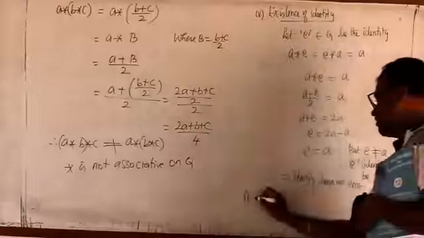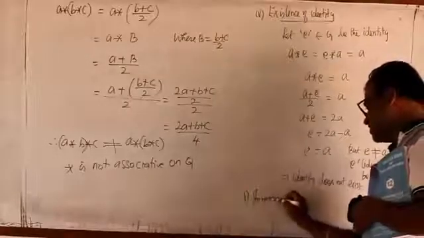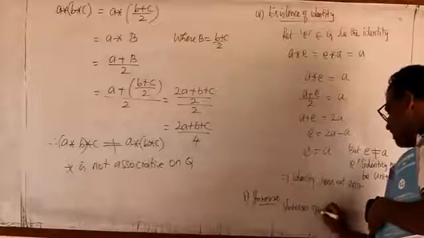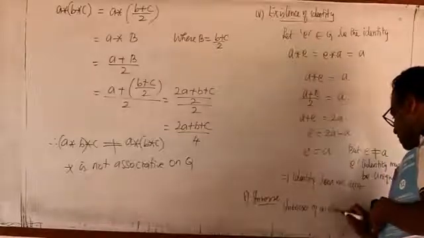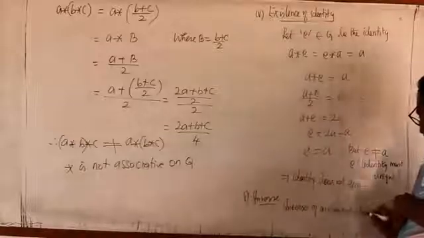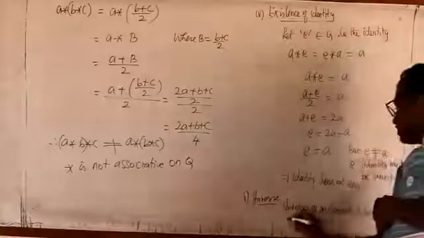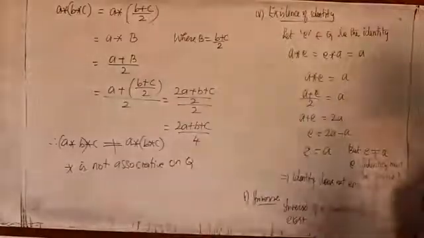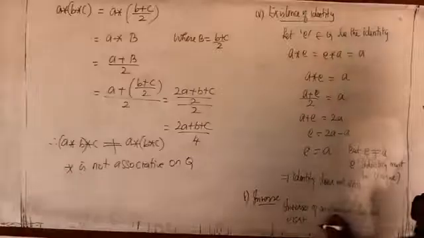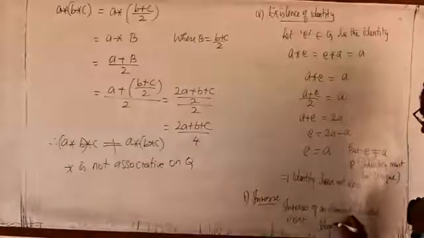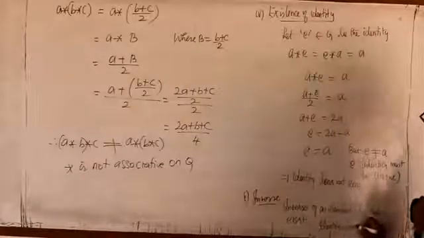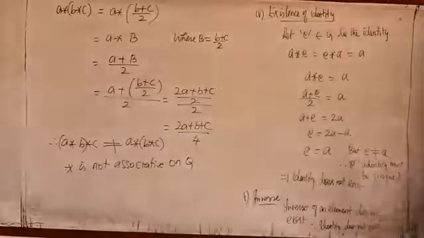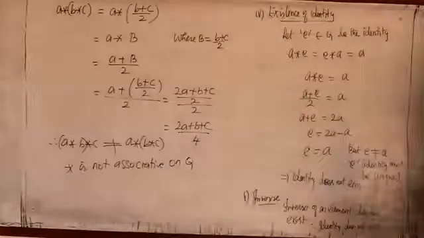From this we can say the inverse does not exist. We can say the inverse of any element does not exist. Why? Because identity must be there, then only inverse can exist. Since identity does not exist, it is not necessary for all the binary operations that all the properties should be obeyed.